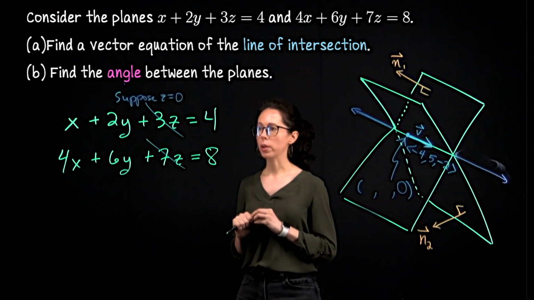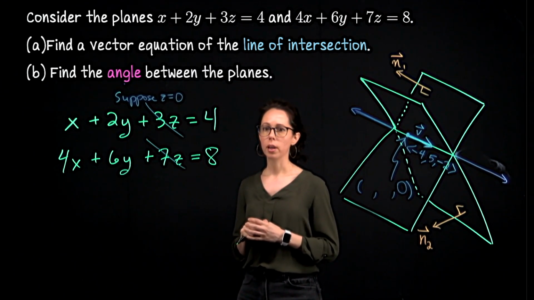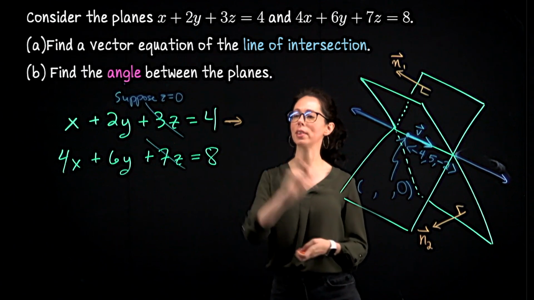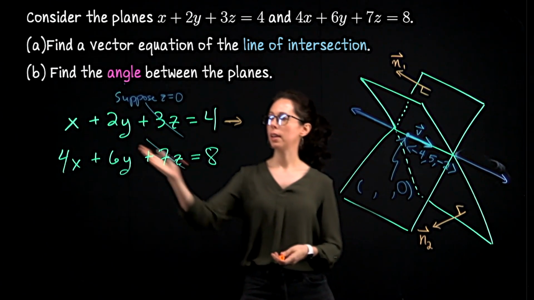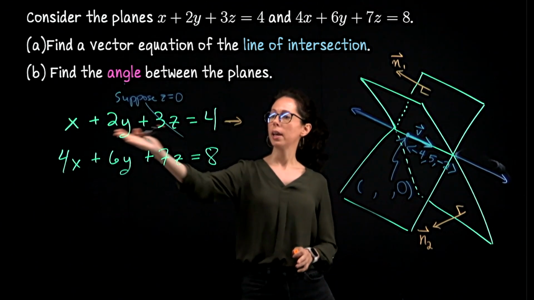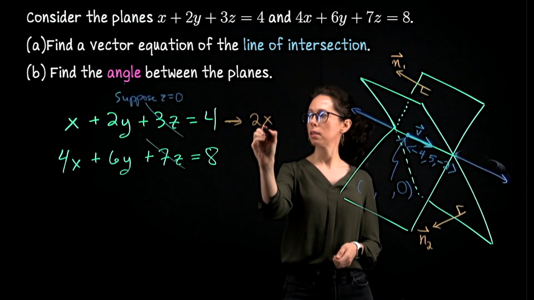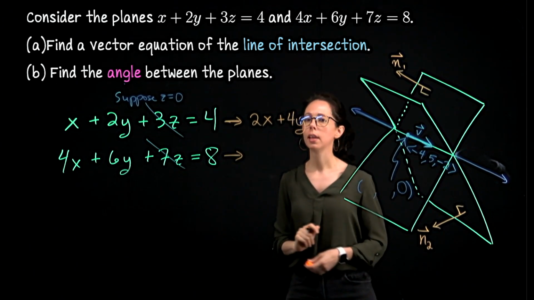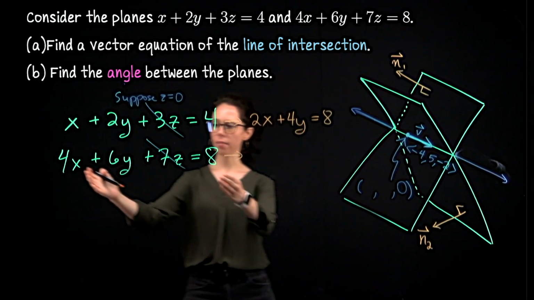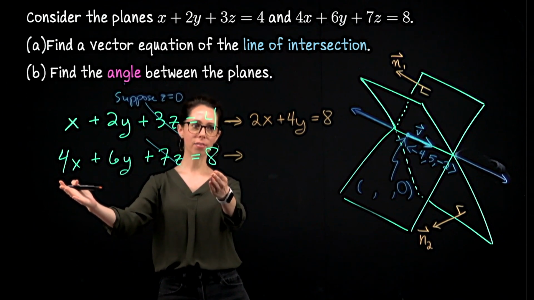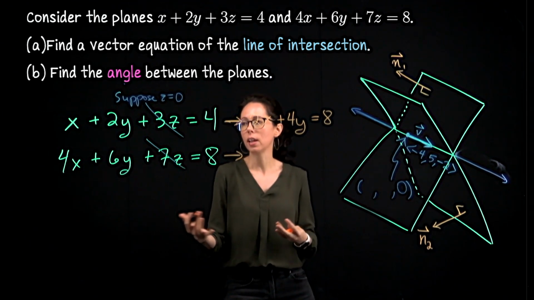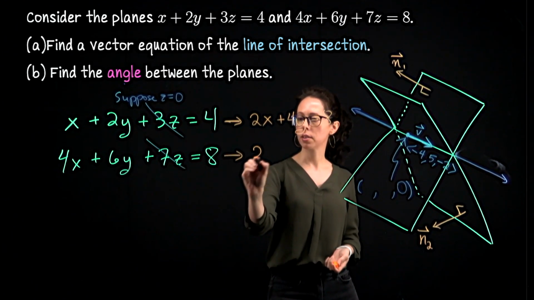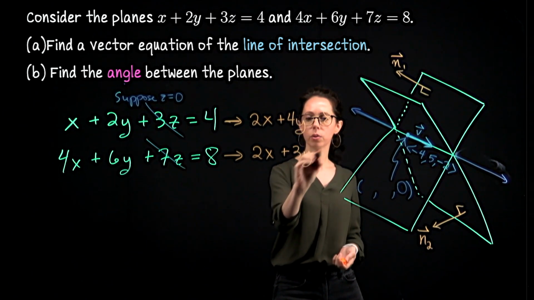In particular, what I'm going to do now is elimination. So let me work to the right and write a little bit smaller so that we can fit this on the screen. I'm going to take everything here, z is 0, I'm not going to rewrite this part. I'm going to double it to 2x plus 4y equals 8. And the reason why I'm going to do that is I'm going to take everything we're left with here and cut it in half so that we can cancel out the x coordinates. So this is elimination. You could eliminate differently or you could use substitution as well. At this point, it's not really a calculus problem, it's an algebra problem. So this is 2x plus 3y equals 4.